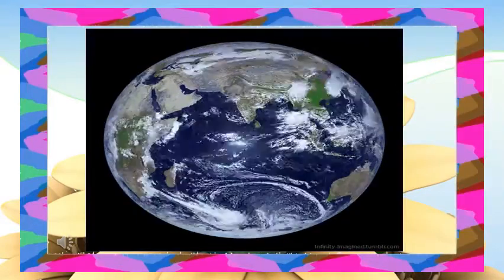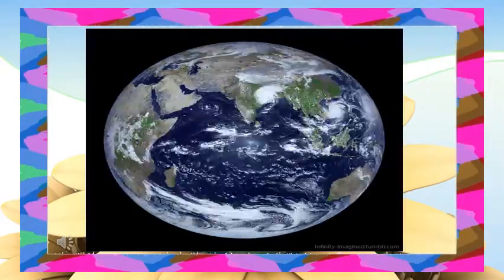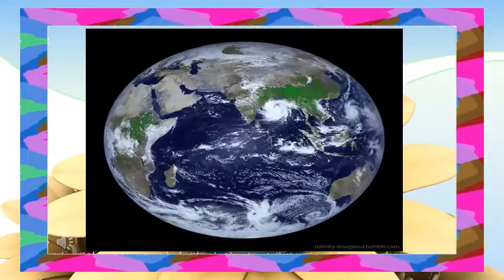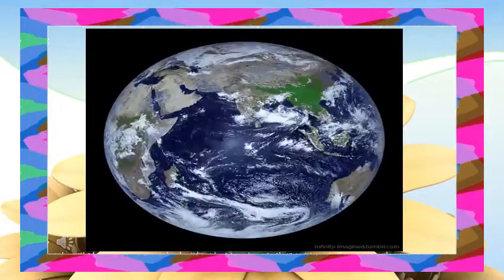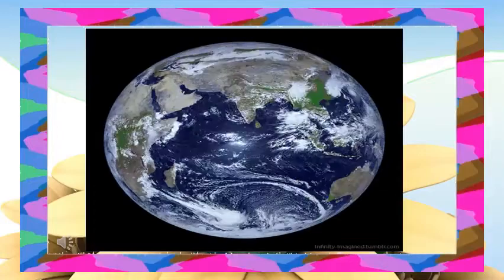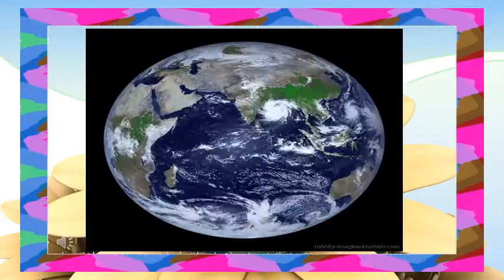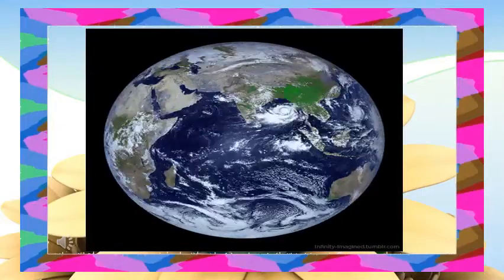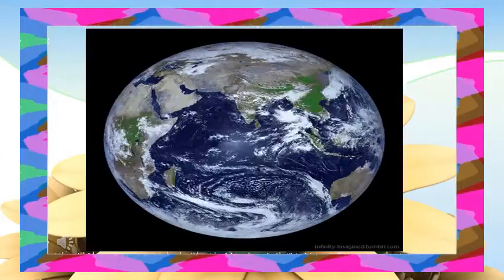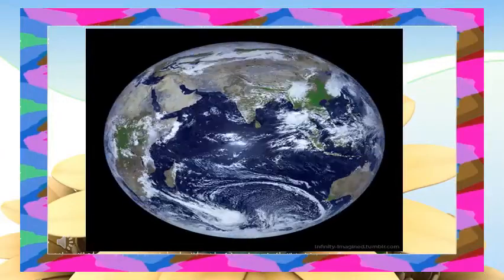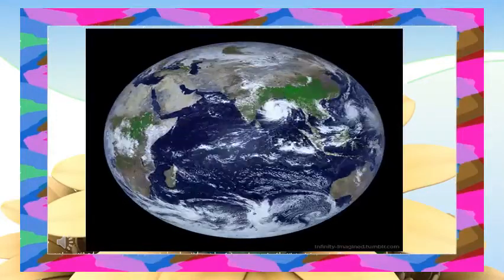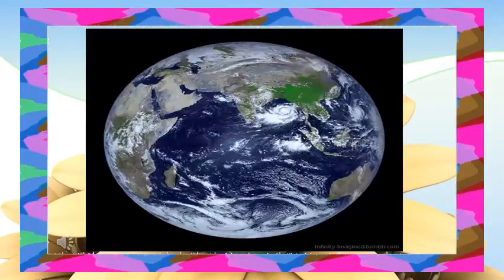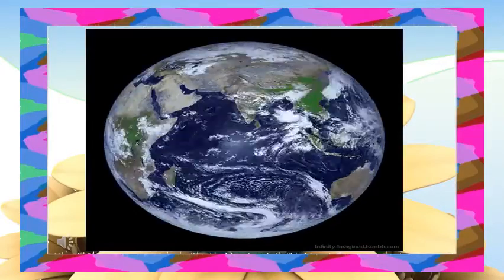Earth's atmosphere is a layer of gases surrounding the planet Earth and retained by Earth's gravity. It contains roughly 78% nitrogen and 21% oxygen, 0.97% argon, and carbon dioxide, 0.04% trace amounts of other gases and water vapors. The mixture of gases is commonly known as air. The atmosphere protects life on Earth by absorbing ultraviolet solar radiation and reduces temperature extremes between day and night.